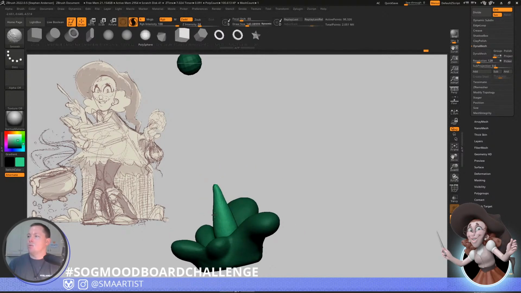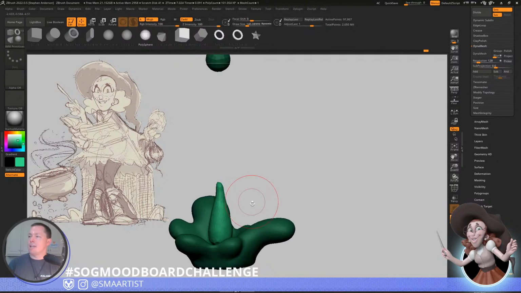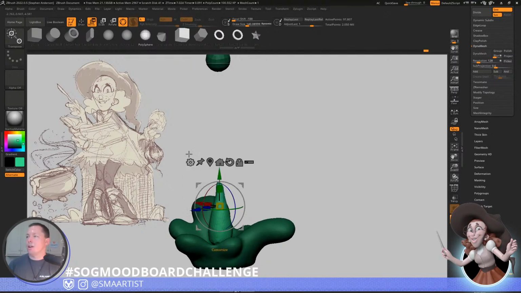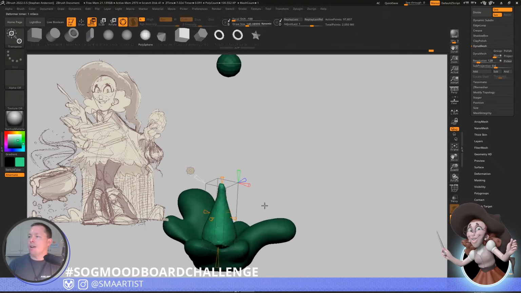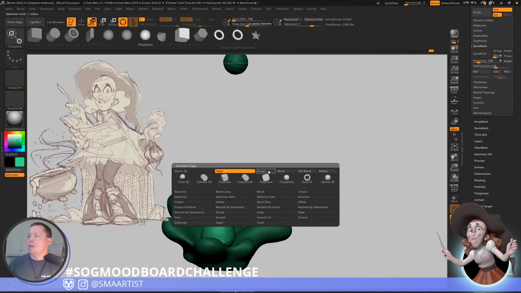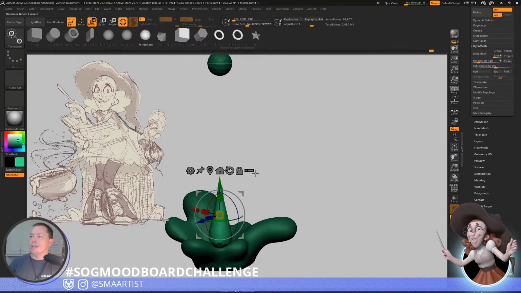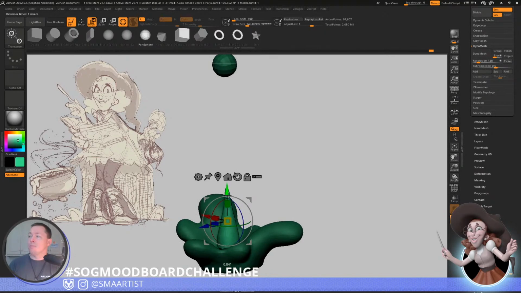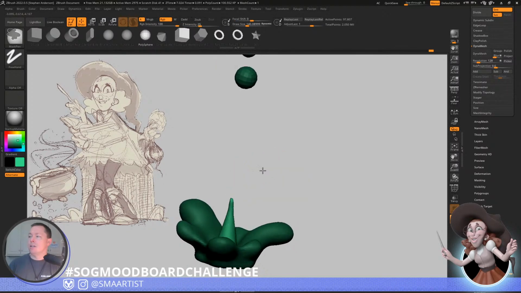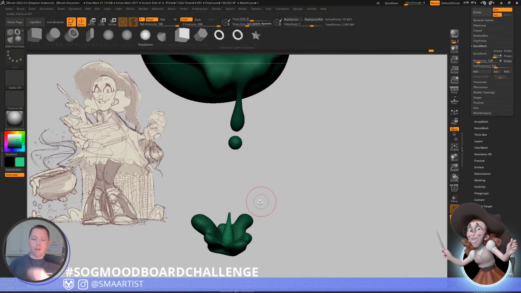I'm just going to kind of smooth this in so that I get a little bit more of a tapered sort of look here, and then we'll use taper, and we'll just kind of flare it out at the bottom. And then if you hold Alt and use the cubes here on the scale, it'll let you get a little bit more of a